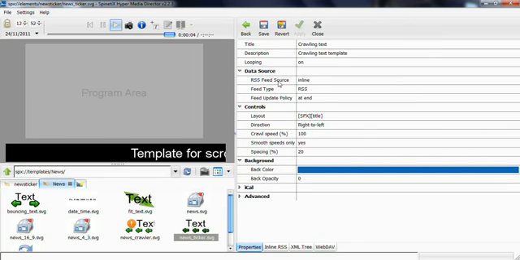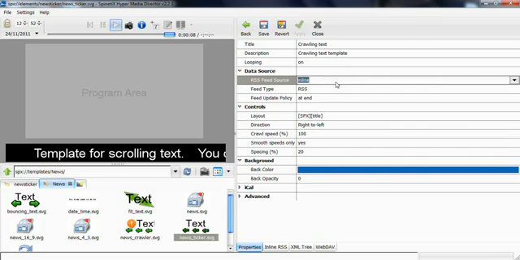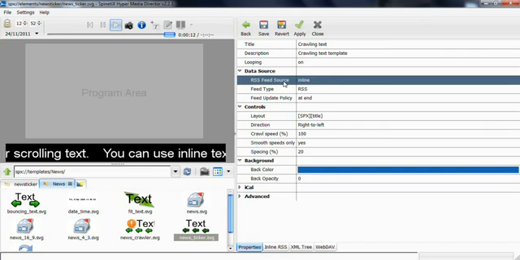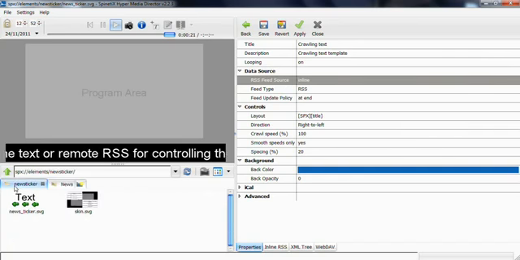Now we want to change the source of the RSS feed from this example text, and we could do this within the RSS feed source field in HMD. But what we'd like to do is actually make this editable by the user in Fusion in the same way that the user can edit certain parameters for the templates. And we do this within the XML tree. We first looked at the XML tree in the last section,